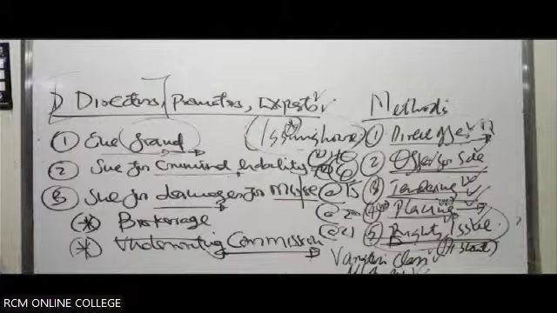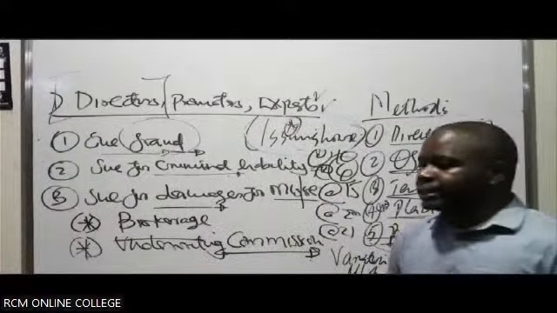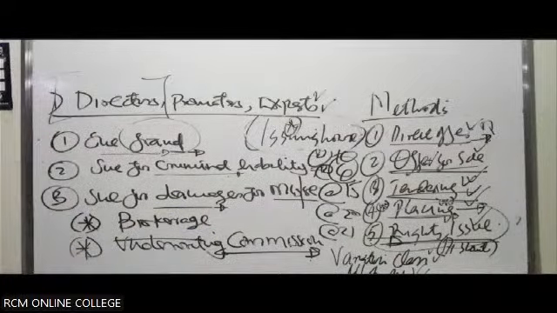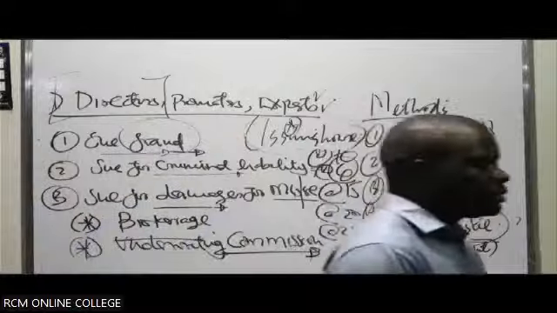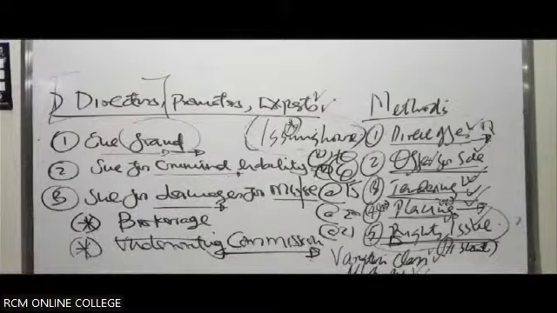It is just a representation of the prospectus. What do you mean by a statement in lieu of a prospectus? A representation of the prospectus, but it is issued in a different way. It is issued privately, not publicly, to potential investors. The company already knows this person can invest. They approach him privately and give him what we call a statement in lieu of a prospectus. Sometimes we call it an abridged prospectus.